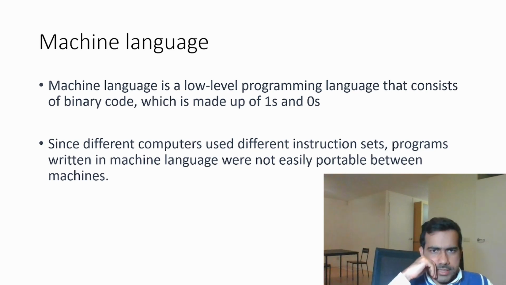So machine languages, which were the initial languages in the 19th century, consisted of binary code, like 0s and 1s, right? That's how computers understand instructions even today. It's just that as a programmer you wouldn't do that. Now there is a middle layer which translates the code that we write in Java, .NET, whatever language, into zeros and ones, and then